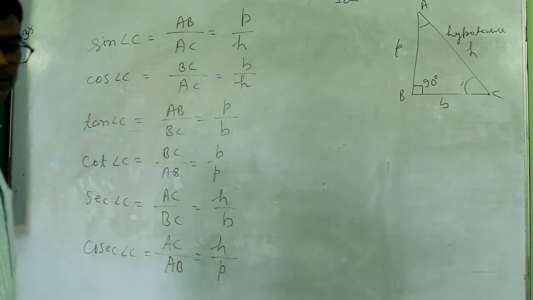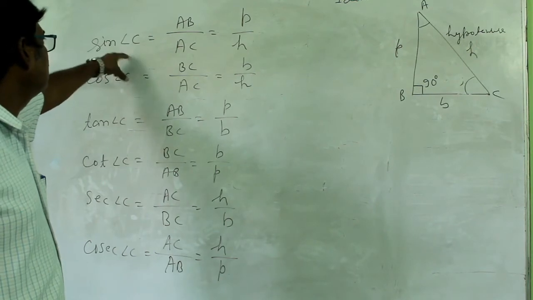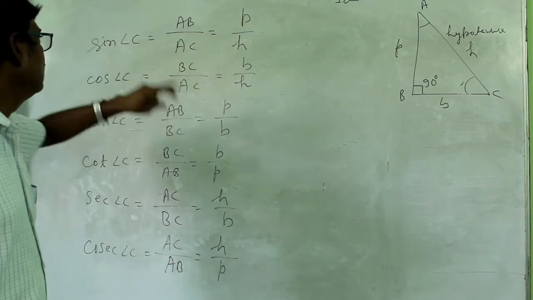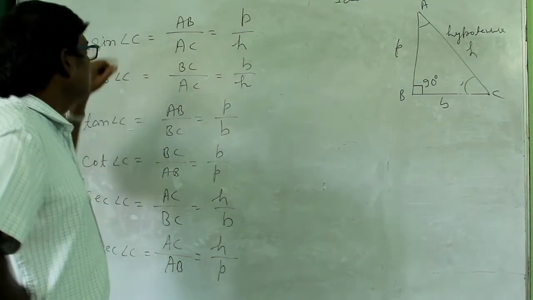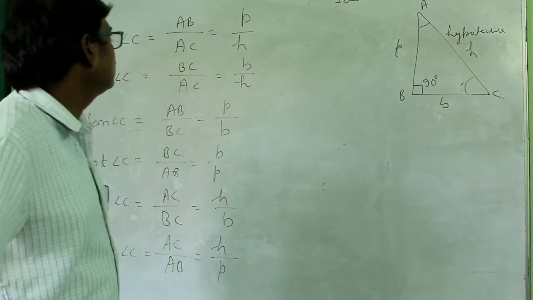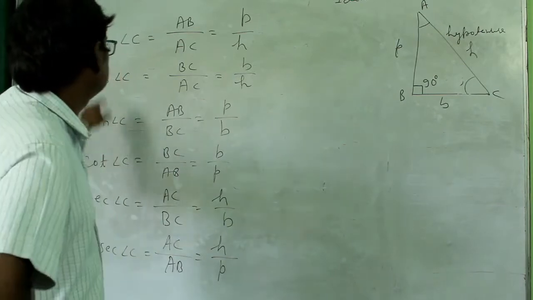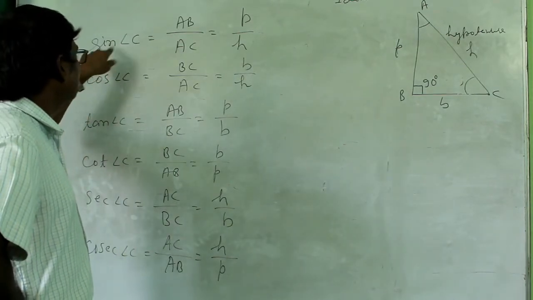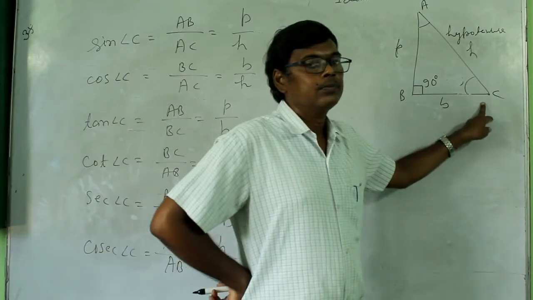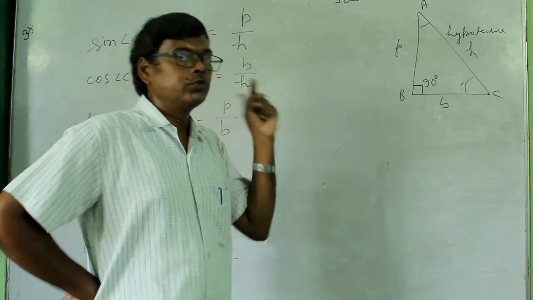Now the next topic. Also remember that this is sine angle C. Don't misunderstand that sine and angle C are multiplied. They are not multiplied. These are only symbols, symbols to represent the ratio of perpendicular and hypotenuse in the right triangle. It is the sine of angle C, the ratio with respect to this angle C. So sine angle C is just the symbol which is used for this ratio.